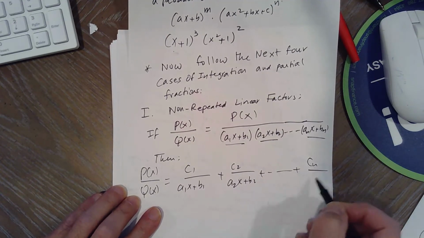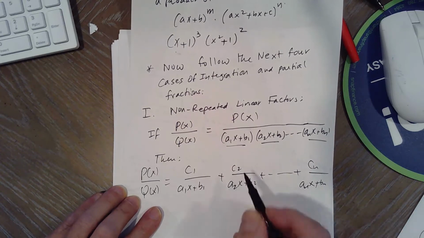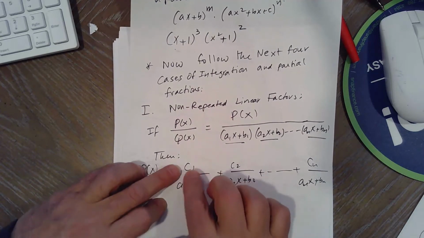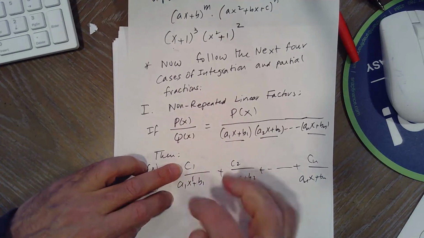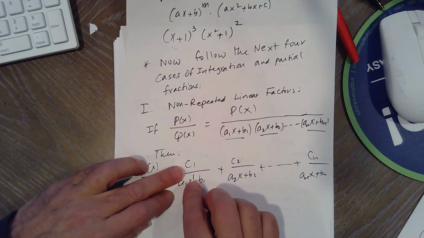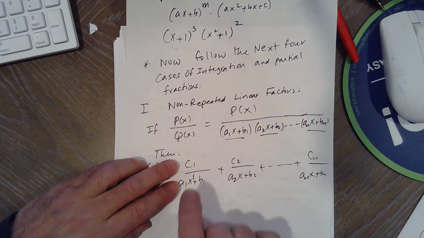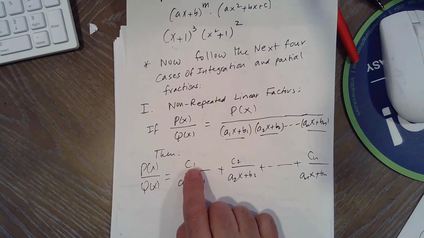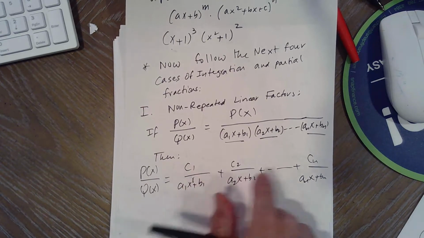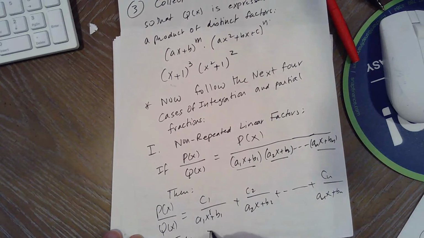So you put constants on top. Why constants? The degree of a constant term is 0. The top will always have a degree less than the degree of the bottom. If the degree of the bottom is 1, then the degree of the top is 0. As you will see next, if the degree of the bottom is 2, then the degree of the top is 1, which means you'll have linear on top. Okay? And then integrate